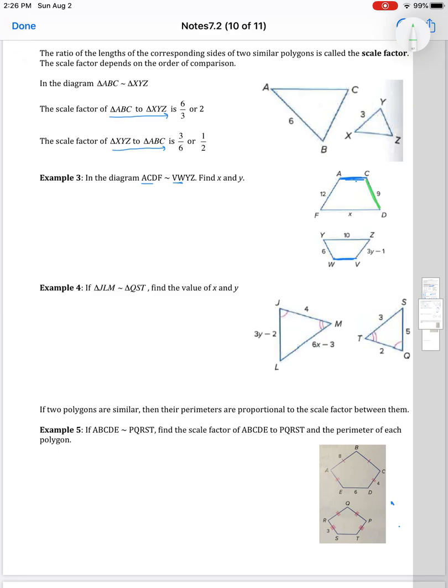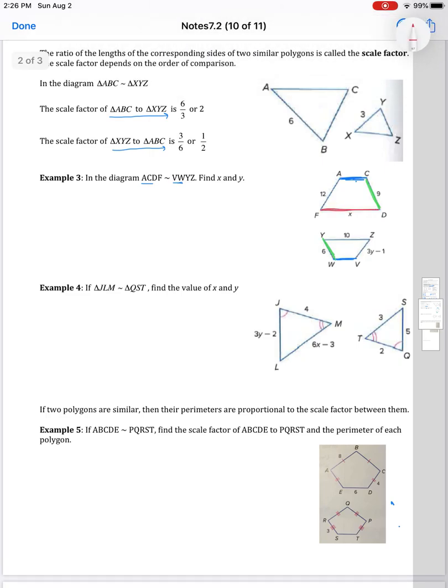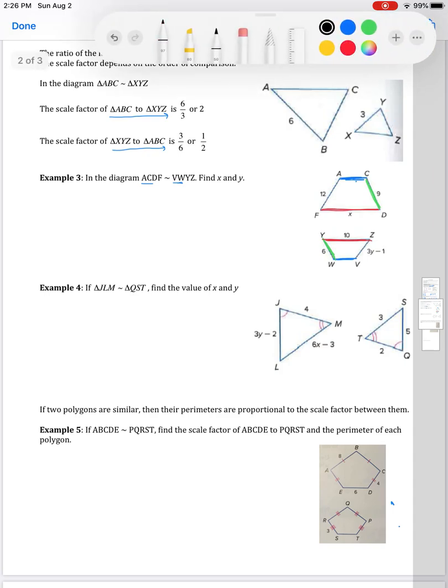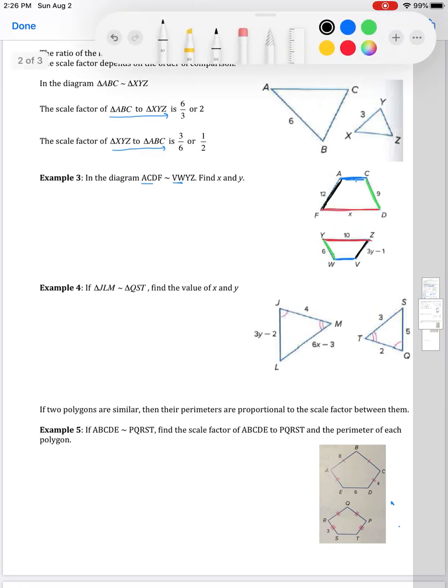Then I'm going to go for the second ones. So CD goes with WY. Those match up. Then my third set, I'm going to make red. And then my fourth set, I'll make black. Okay? All right, so you're going to look at all those colors after you color code them,